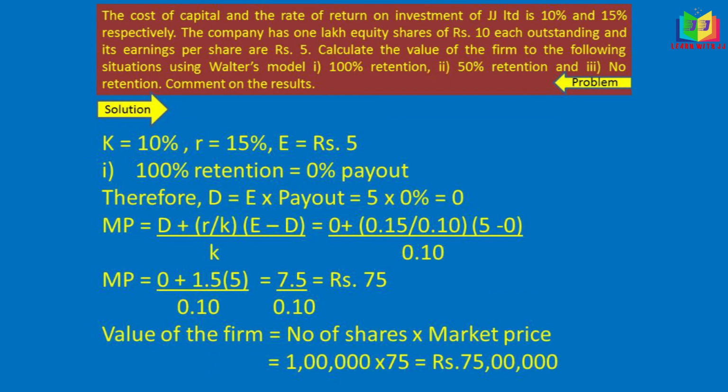For that, the formula is number of shares into market price. We know the number of shares because it's given in the problem, that is 1 lakh. That should be multiplied by the market price. We found 75 rupees. So we'll get 75 lakh. This is the value of the firm. If 100% retention, the value of the firm will be 75 lakh. And next we'll work out with